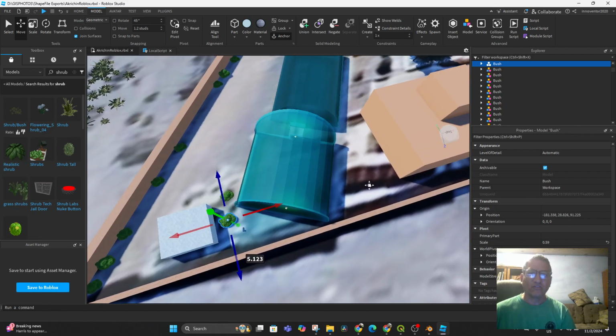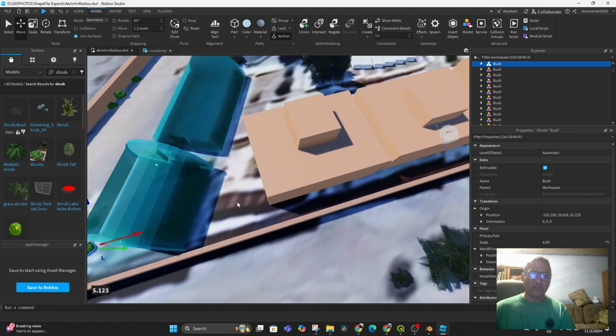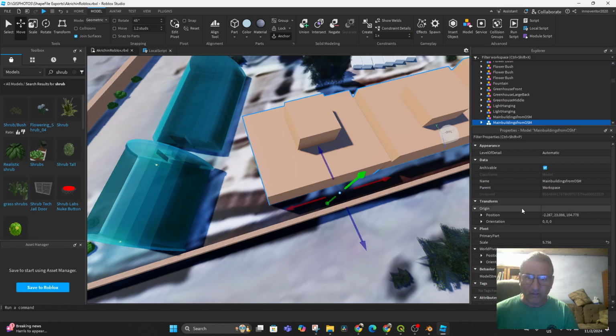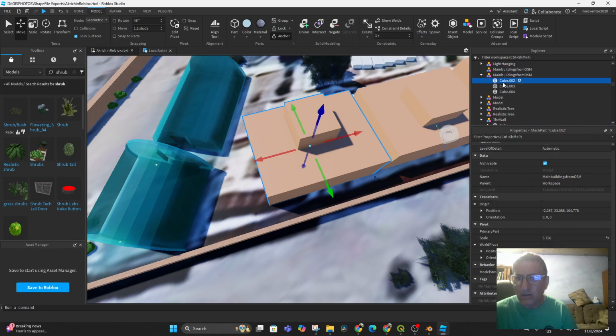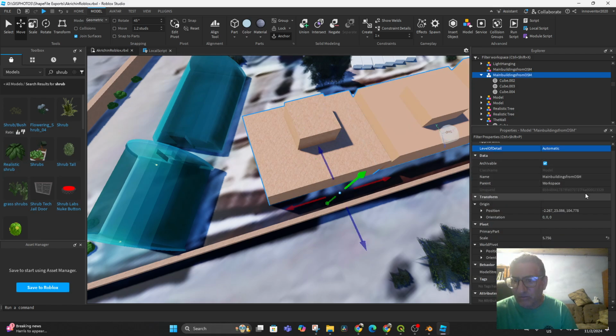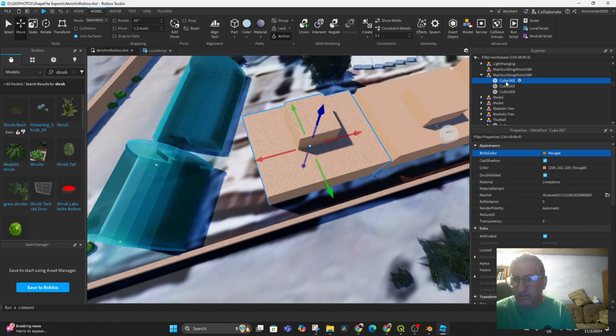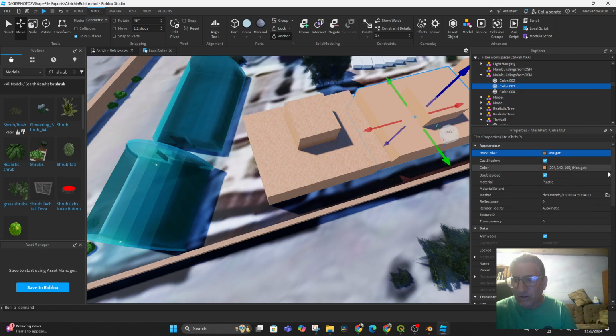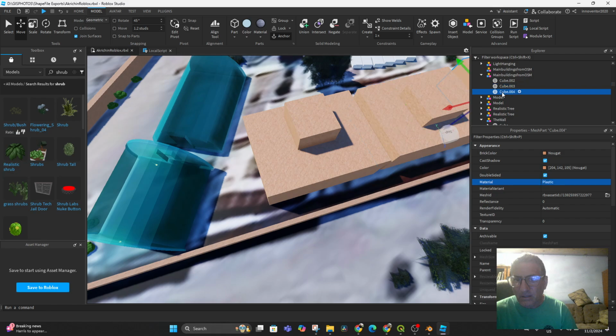Interestingly enough, there's solar panels that are on this roof, and there's 1, 2, 3. I need to make this transparent or I won't be able to see them. So for transparency, you would go to the main building, go into the cube, and let's, the material shouldn't be plastic anyway. It should be limestone. Very good, yes, we need limestone for the material. On each of these cubes, limestone, limestone, and